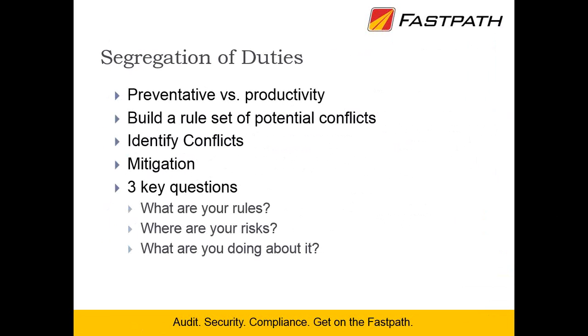So the auditor, when I come in and audit SOD risks, the questions I'm asking are, what's your rule set? Where are your risks? Do you know where your risks are in your environment? And then what are you doing about it? What you are doing about it could be, I've assigned this mitigation to this risk, and then you have to demonstrate that control is actually effective and in place. Or you say, well, what we're doing about it is we're re-implementing our security. We haven't totally fixed it yet. We recognize it as a risk, but we're fixing it.